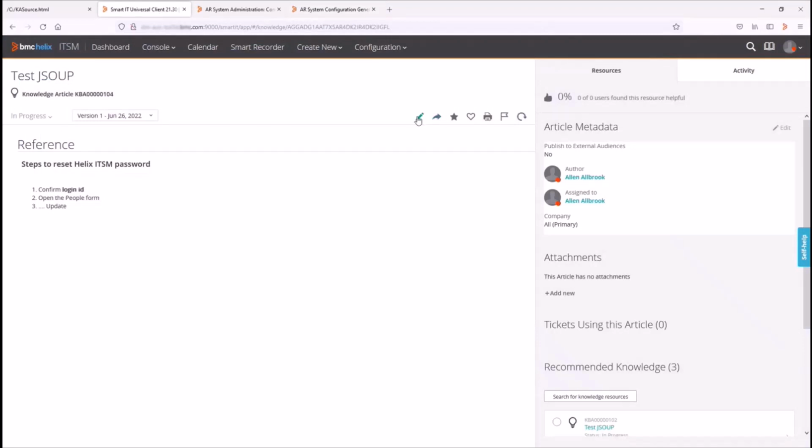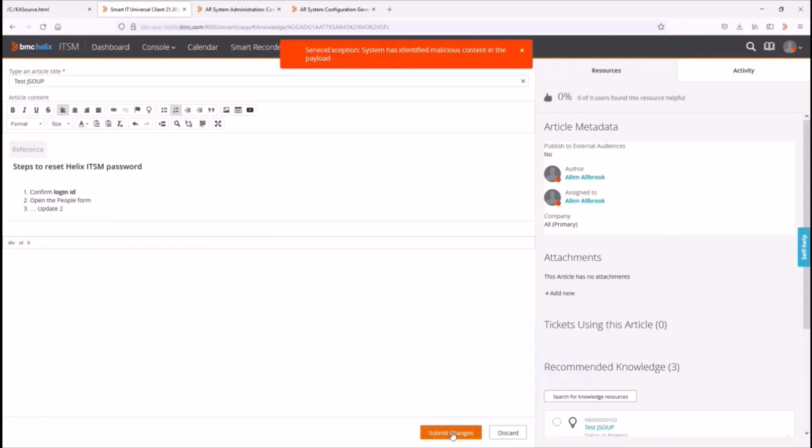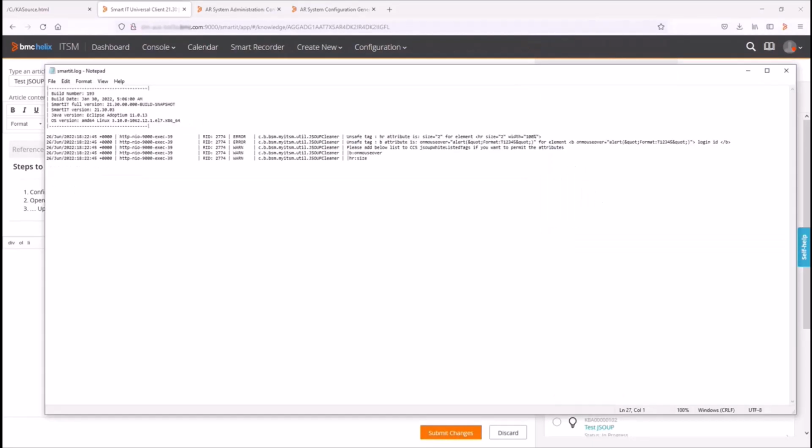If we restore the default setting for the JSoup enabled URLs for knowledge parameter to enable validation, we can see the error returning. The administrator could use the SmartIT logs to find out which tags and attributes triggered the error. In this example snippet of my SmartIT log, we can see that there are two error lines indicating which unsafe tags and attributes were found in the content, as well as warn messages providing the fully formatted examples of what